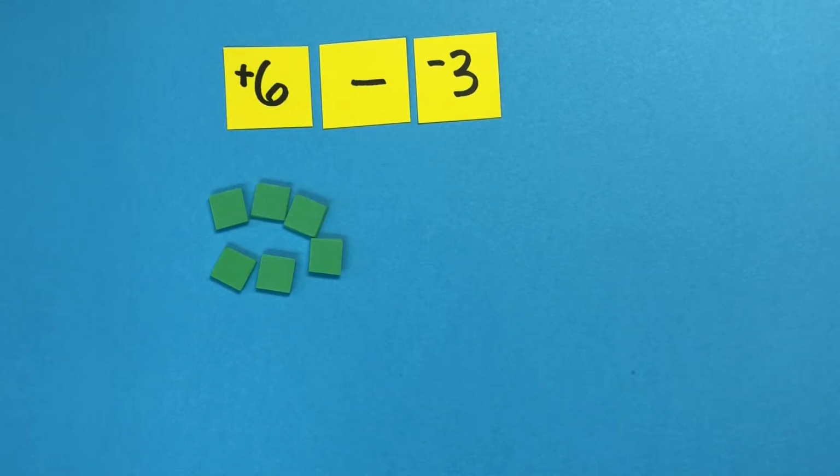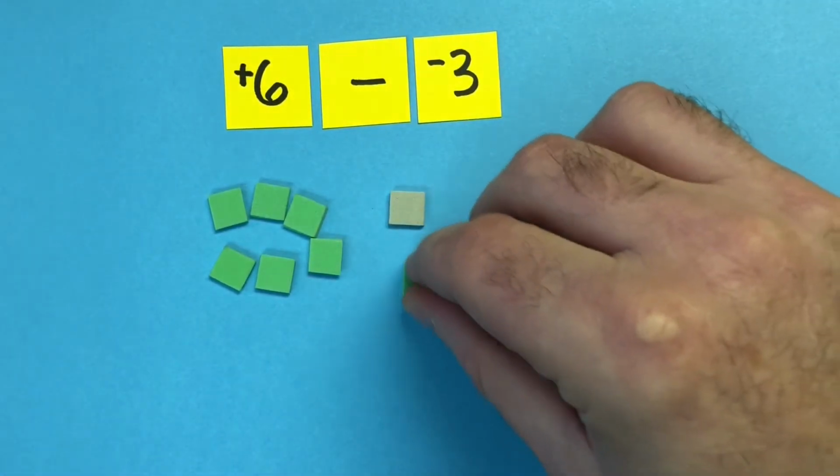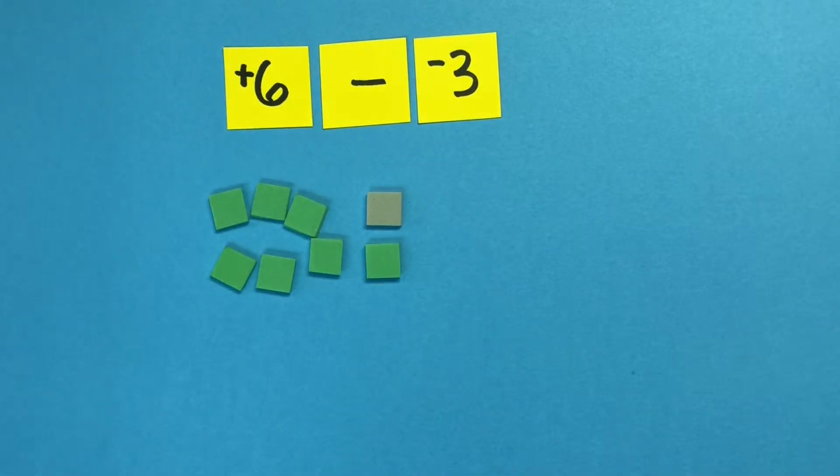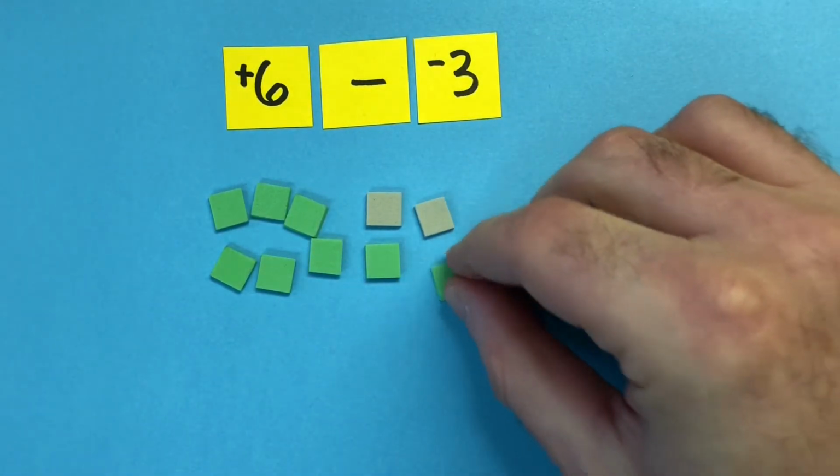We were able to represent integers in many different ways. So this is one way to represent positive 6, but if we remember that we can add a zero pair and not change the amount, then this is still positive 6. And indeed, we do have a negative here, so I could take that one negative away if I wanted to. But that's not going to do us enough good. We need to take away 3 negatives. So if we make 3 zero pairs,